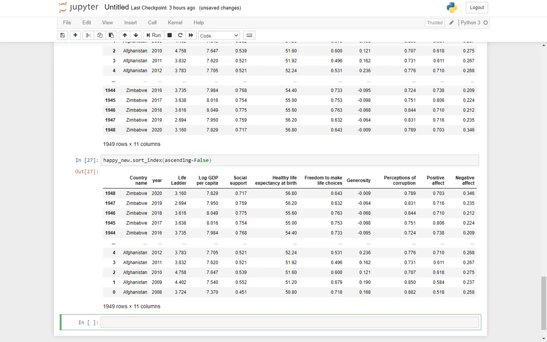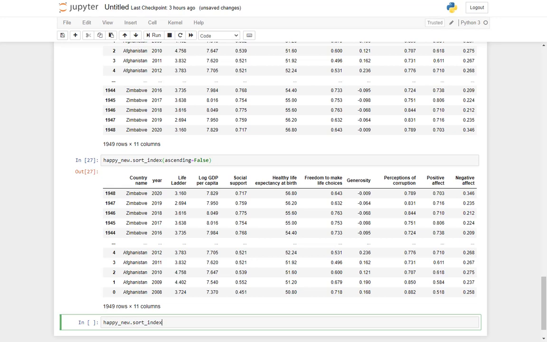So up till now we have looked into how we sort rows. Now we look into how we sort columns, that is the names of the columns, and this can be done using sort_index. Sorry, it is happy_new.sort_index.